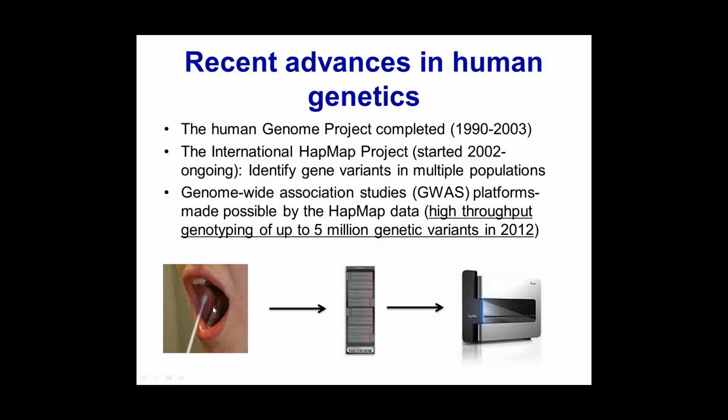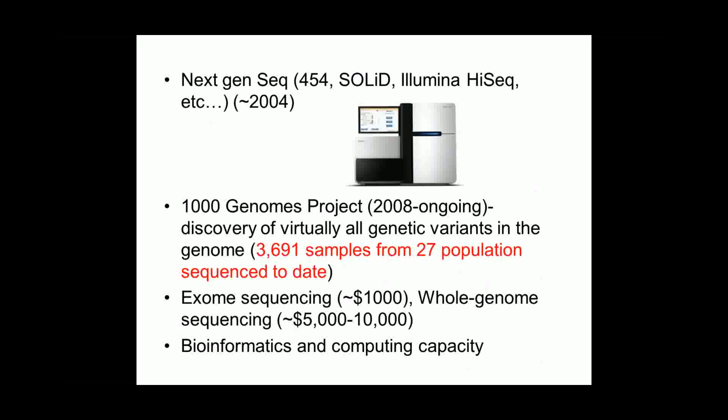So we start with a DNA sample, can be a saliva sample, it can be a blood sample, and then a simple chip, do some genotyping, we can identify pretty much almost all genetic variation in the individual that we study. And so now we can also sequence the entire genome, and we can get to understand more variation by doing sequencing. We have sequencing data from about 27 populations to date, almost 4,000 individuals sequenced. So again, we are identifying the repertoire of genetic variation that are present in normal, which will help us identify